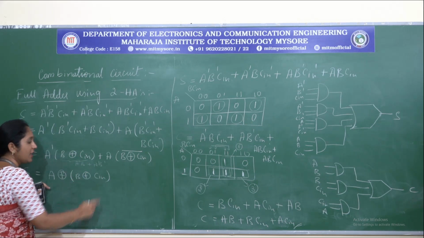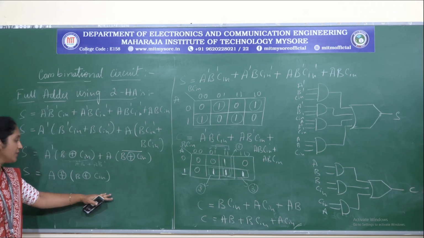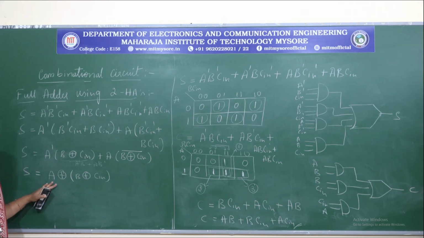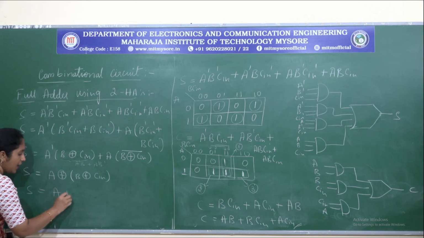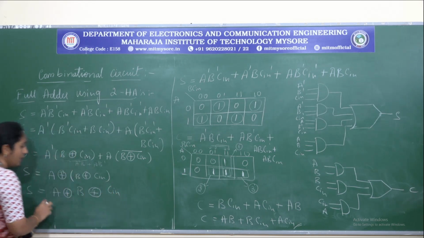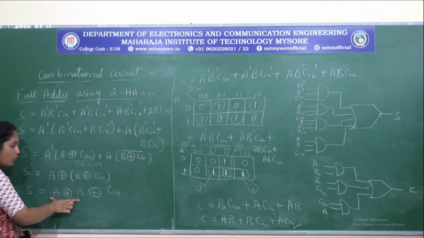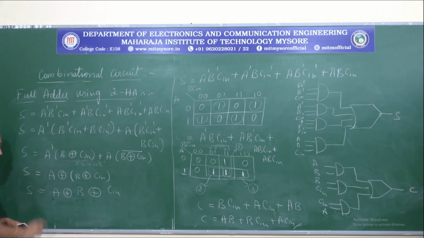Therefore, for the first gate we can give B and Cn as input, and the output of this can be given to another XOR gate which accepts this output and A as input. Or, instead of writing like this, we can write A XOR B XOR Cn. So we can have the A XOR B output, and that output can be XORed with Cn